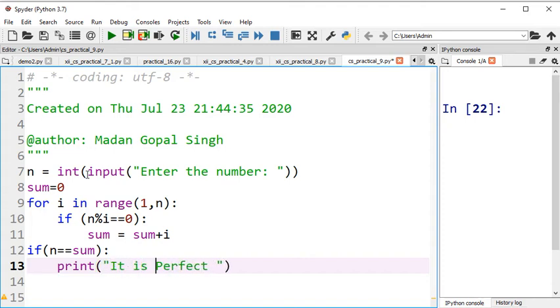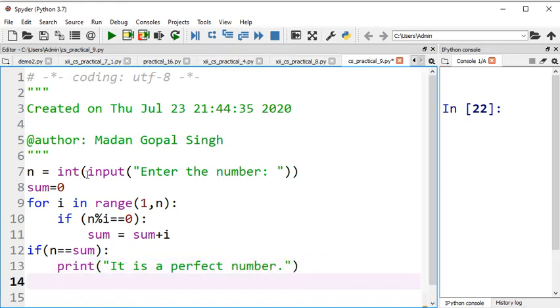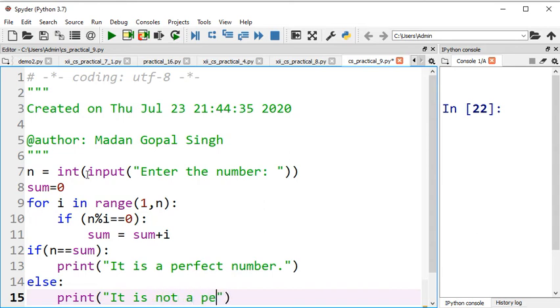Otherwise, in the else case, we need to print it is not a perfect number.